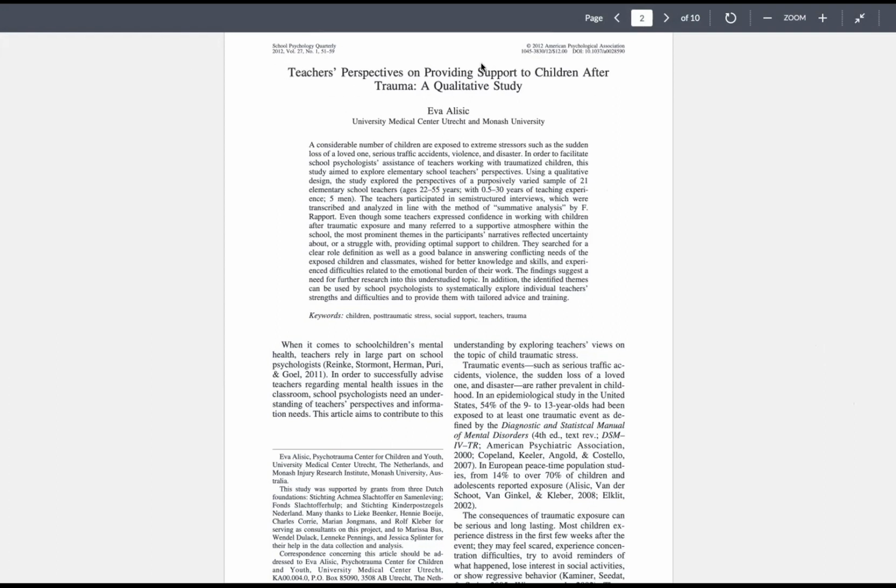Now here is the title. Here is your author, and it tells you where they come from. So this particular researcher and author is coming from these two institutes here. Now you'll see that there is an abstract right here. The abstract will give you a breakdown of what is going on, what the problem is, what their research method approach was, what they found out, and then basically what some of the themes were that came up.